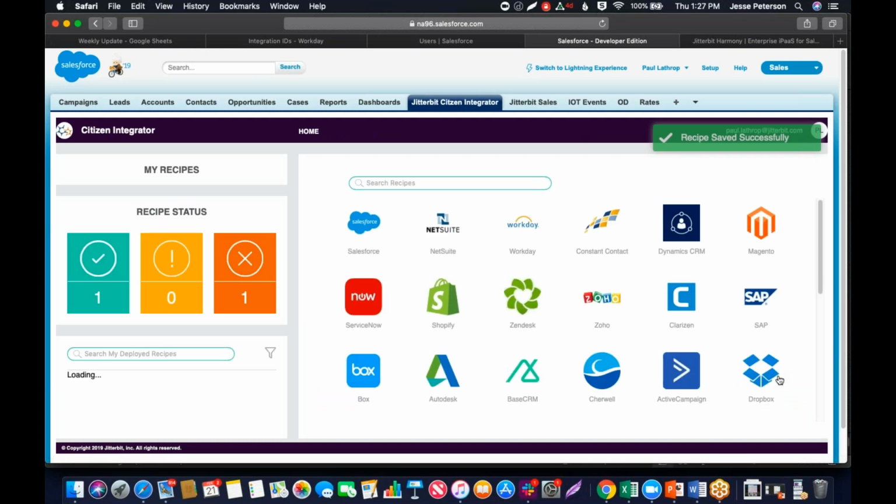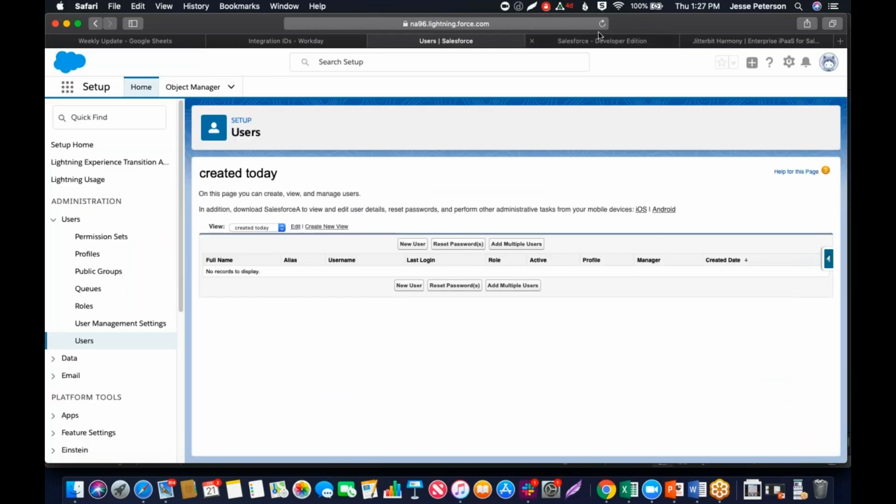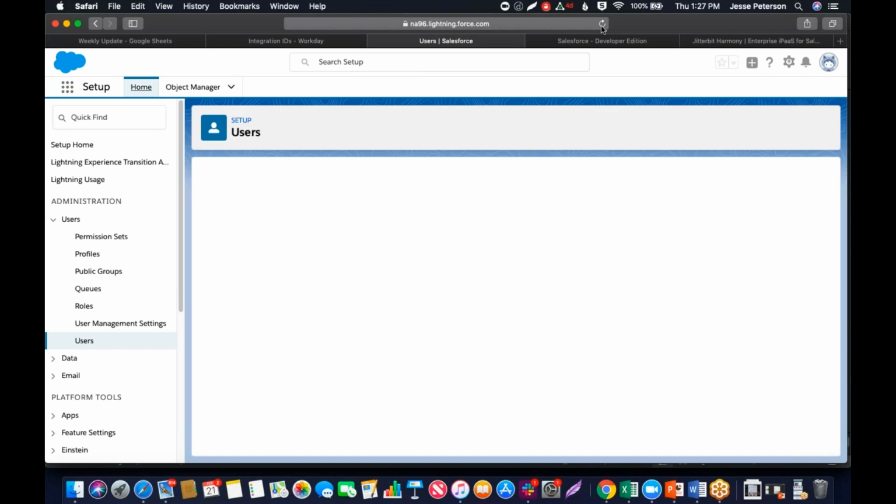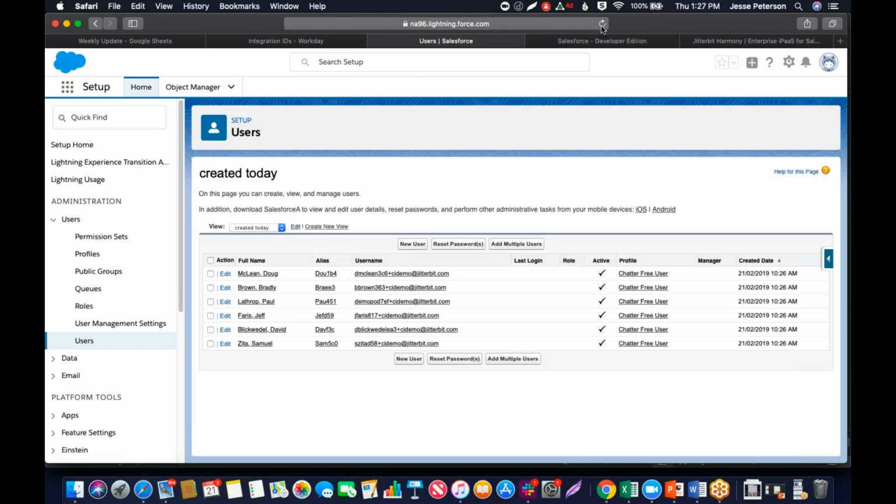I'm going to save and finish the job and then toggle over to my Salesforce environment. Refresh. Roll, please. And boom, you can see these workers have been brought over from my Workday instance and have been added to Salesforce as users. So in conclusion, Jitterbit can help you access mission-critical data and make Salesforce a source of truth